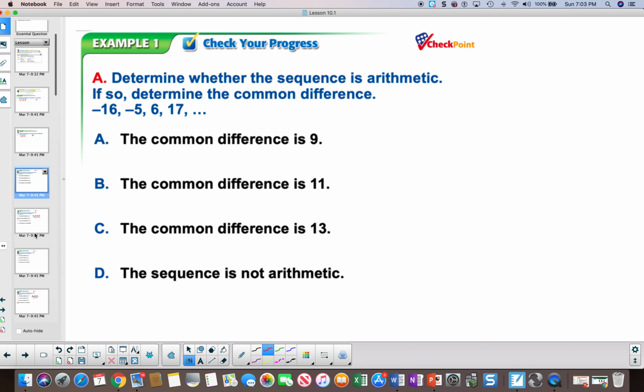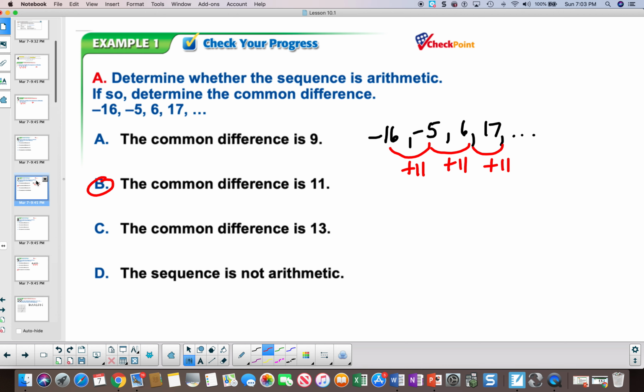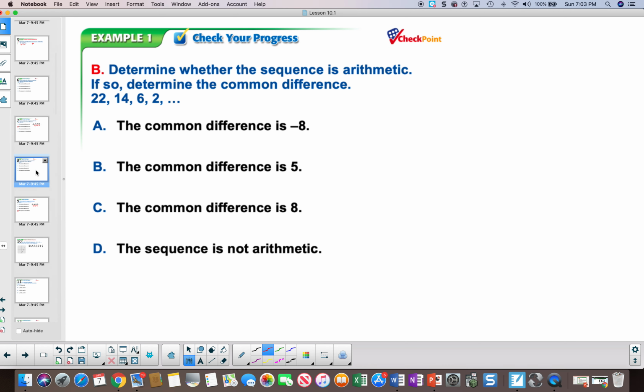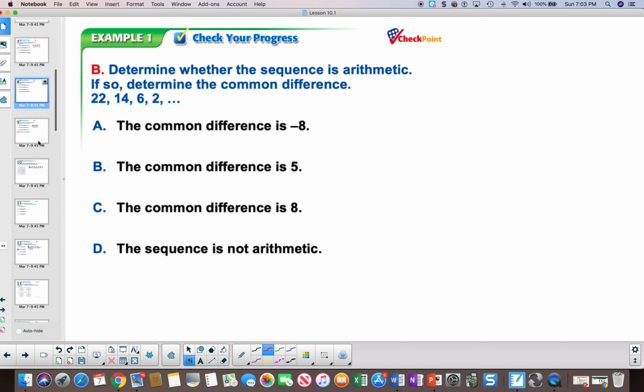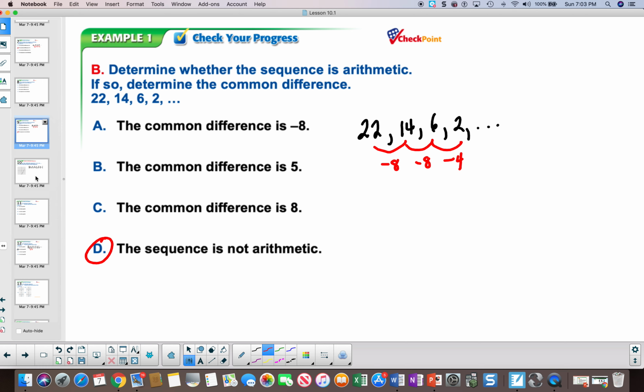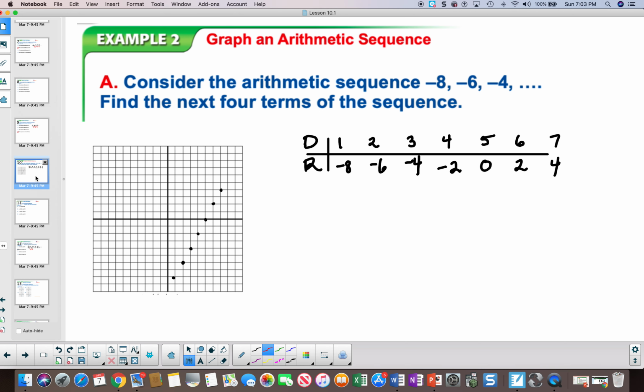Your turn. And here's the answer. Let's take a look at this arithmetic sequence: -8, -4, -2, -8, -4, -2,